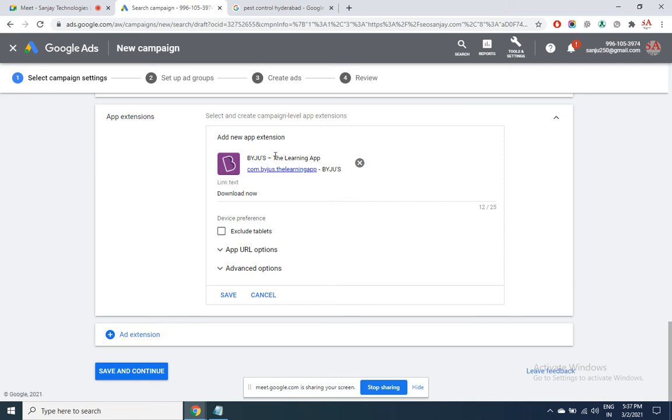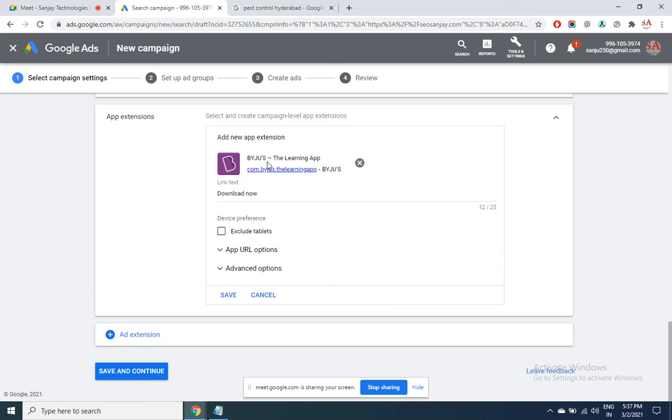Those who really want to install. Then they are only one step away from becoming your customer. Once they have installed an app, you have an entire access to them. You can send them notifications, get them converted easily. So having an app is important, and for that, when you use extensions, app extension, the chances of a person clicking there increases.